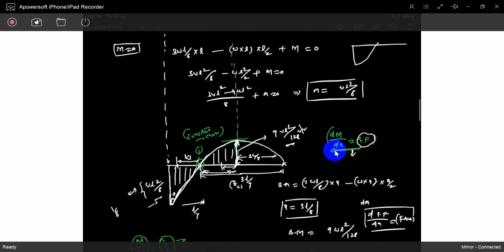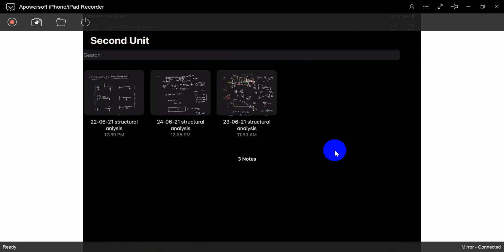No problem. You have to know where the center of gravity is acting, that is the only problem. Just check: this is the area we already discussed, 1 by 3 of L, this is 2 by 3 of L, and the center of gravity is at 3 by 4th, this is 3 by 8th. Yesterday we solved it. So based on that, calculate and find the moment and the value. Solve it and send me a WhatsApp message, whether it is right or wrong. Okay, today's class is over.